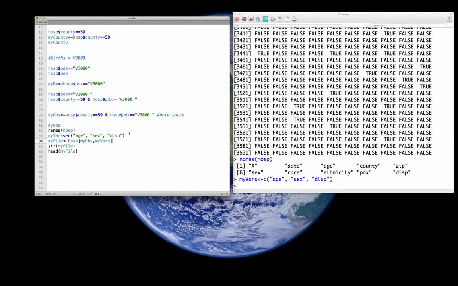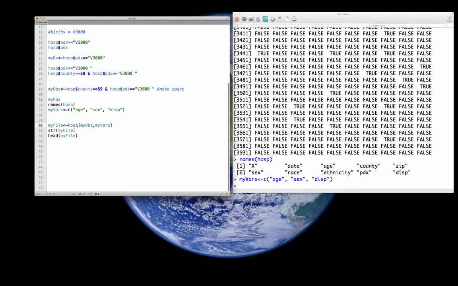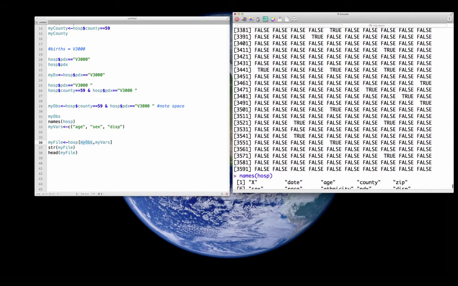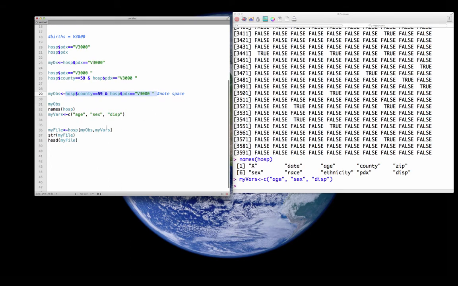Now here is where we actually do the work. What I'm going to do now is index my original data frame, hospital, which I read in over here, right? I created this data frame right here. I am going to index it. Again, a data frame is like a list that behaves like a matrix, and I'm going to use rows and columns. My rows are my observations, which are based on this logical vector right here, which itself is based on identifying Brooklyn and births. And then in my columns, which are the variables,